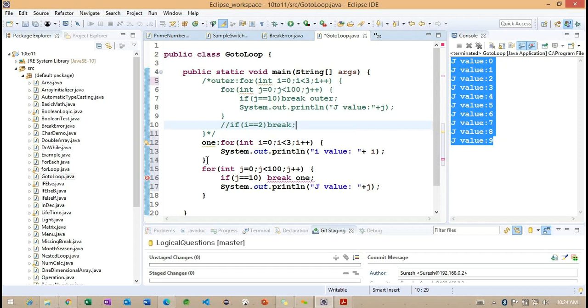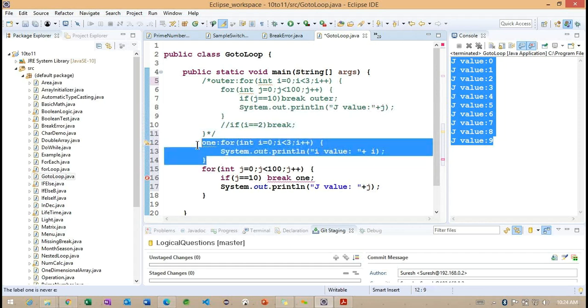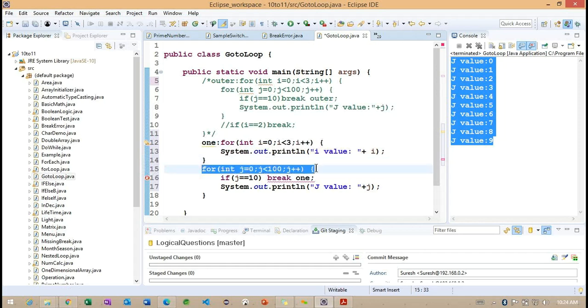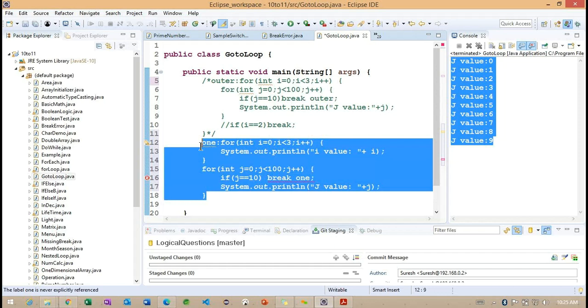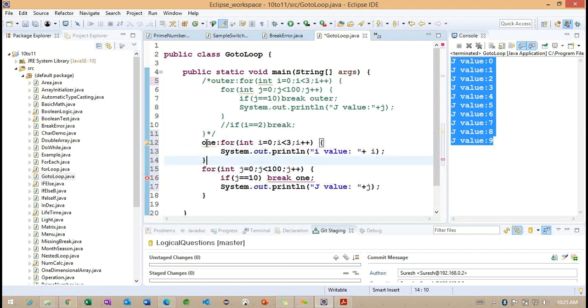But you are not understanding why. Observe here, this for loop is opened here and closed here. After this, I opened one more loop and closed it. So there is no relation between these two loops. Getting the point? There is no relation between these two loops. Even if you provide this particular statement here, how exactly are the statements going to work?